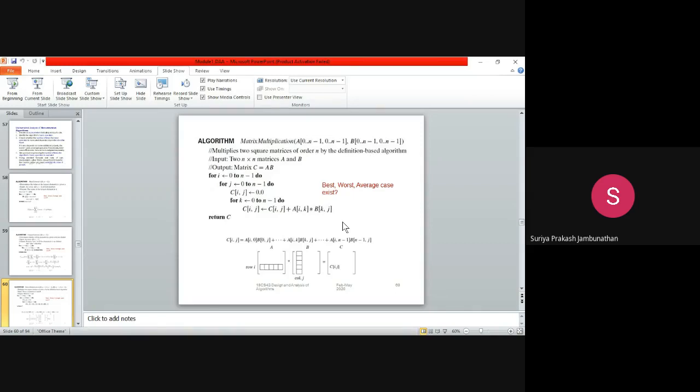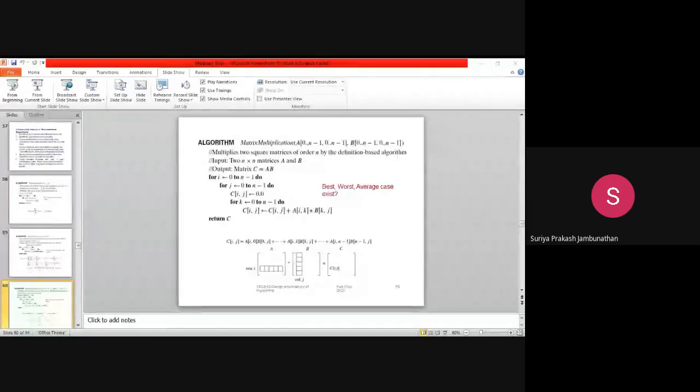Matrix multiplication, we are having a two-dimensional array. When we come to matrix multiplication, it comes with a two-dimensional array. Two-dimensional array means what? We are just having array A and array B. So a row of A will be multiplied with the column of B. Like that, the second row of A will be multiplied with the second column of B. Like that, vice versa, we will do the multiplication process.